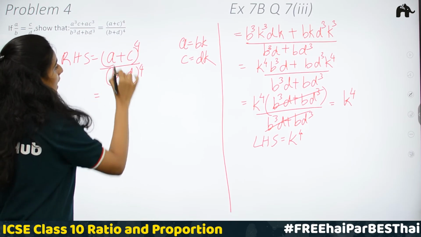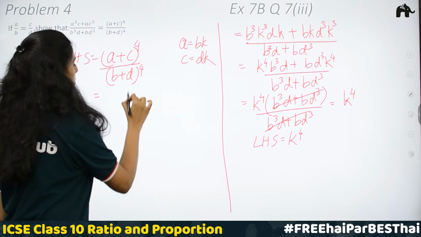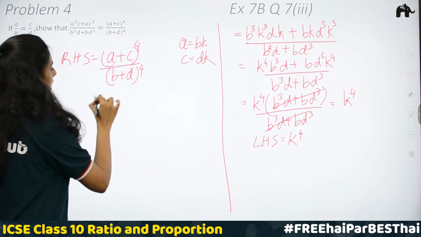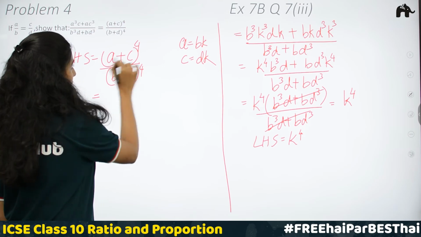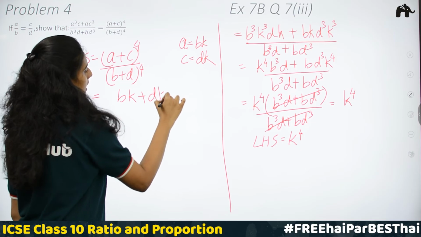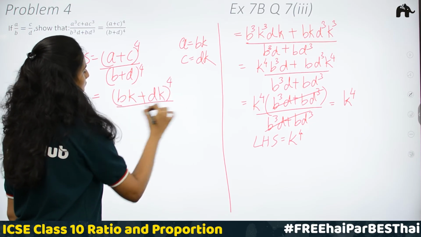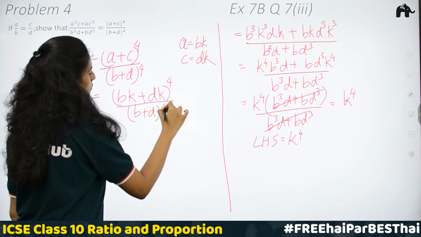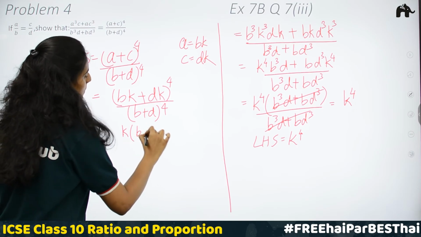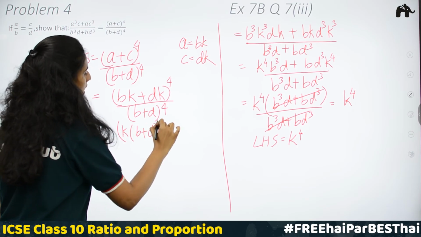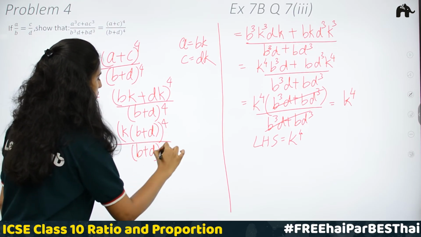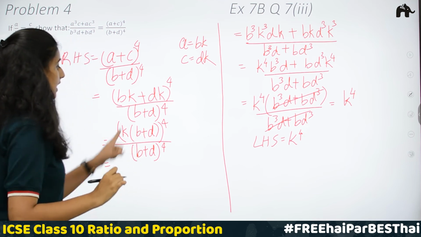That is equal to, A is BK, BK plus C is DK, DK, whole raised to 4 divided by (B plus D) whole raised to 4. Here K is common. K into (B plus D) whole raised to 4 divided by (B plus D) raised to 4. That is equal to K raised to 4